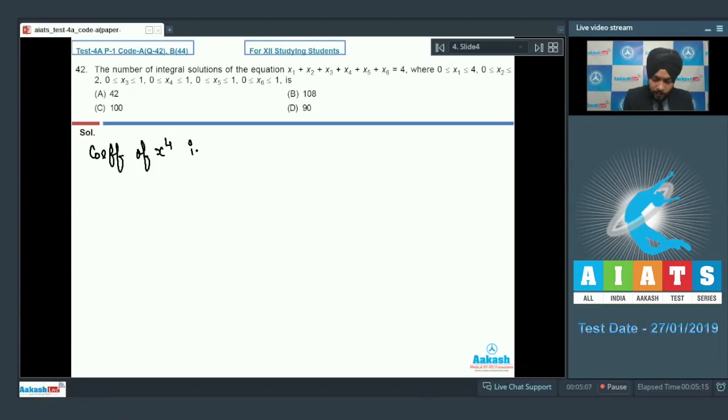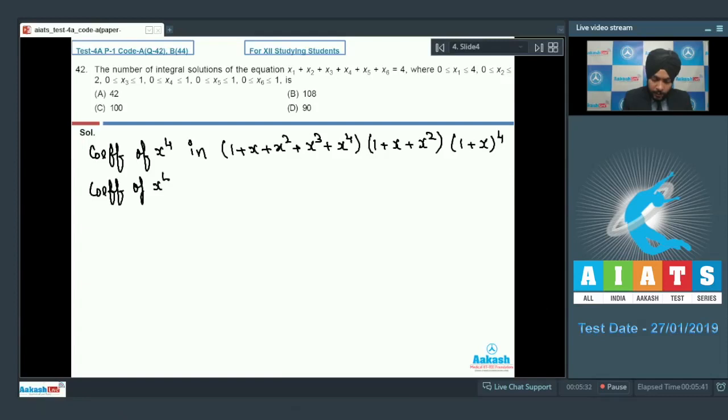in the expansion of, for x1 I have x^0, x^1, x^2, x^3, x^4. This will be the answer for x1. For x2 I have x^0, x^1, x^2. And for each of x3, x4, x5 and x6 I have either 1 or x. So (1 plus x) whole raised to the power 4. So I need the coefficient of x^4 in